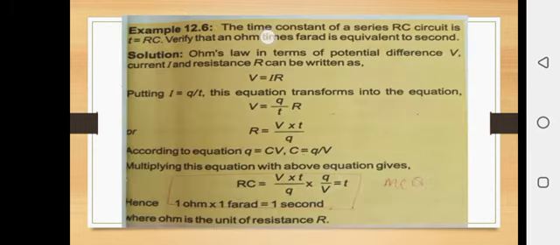The time constant of a series RC circuit, as I told you in the start, when resistor and capacitor are connected in series, is also known as an RC series circuit. T is equal to RC, as time is equal to the product of resistance and capacitance, which is equal to second. Verify that an ohm times farad is equivalent to 1 second. This is also a statement of an MCQ. An ohm times farad is equivalent to second. So its answer is second, as it is proved here.